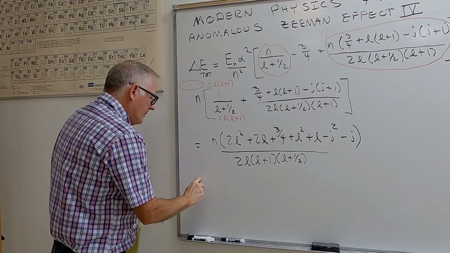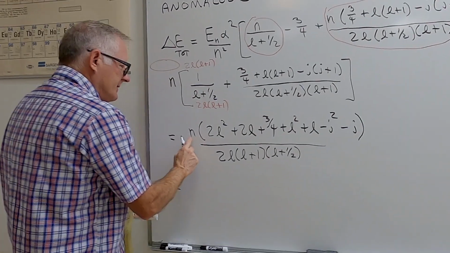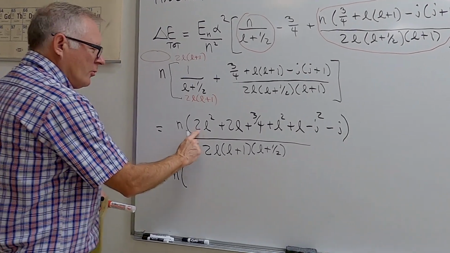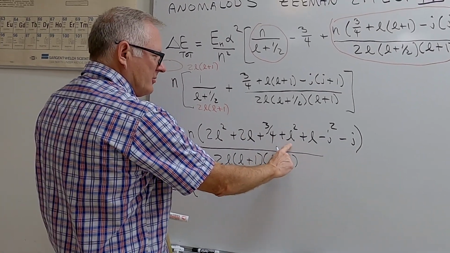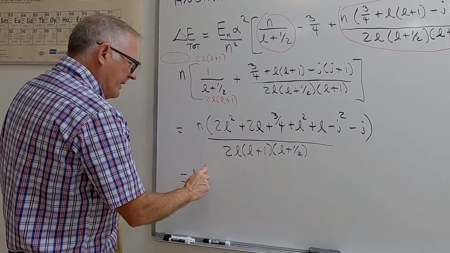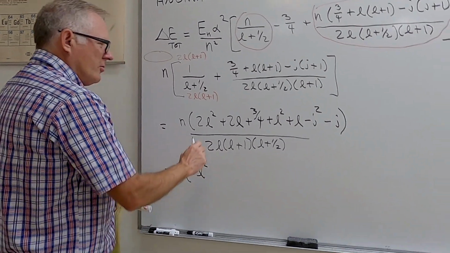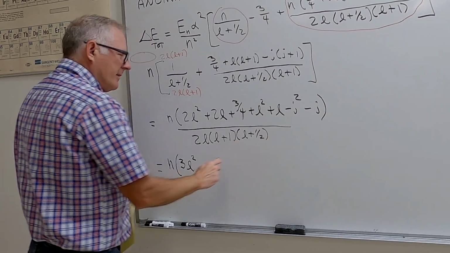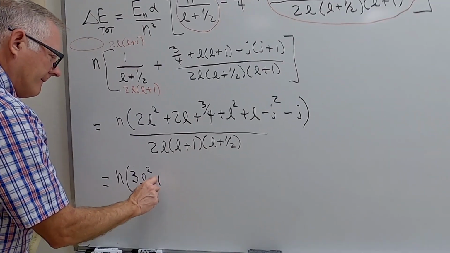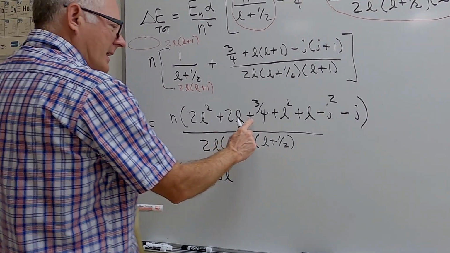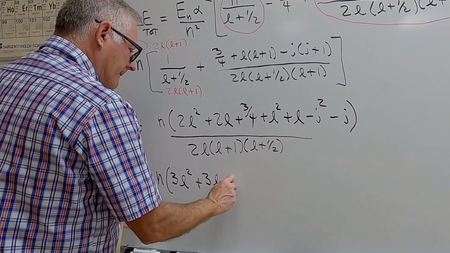Now this is, again, n. Now, 2L squared plus L squared gives me 3L squared. 2L plus L gives me 3L, plus 3/4,